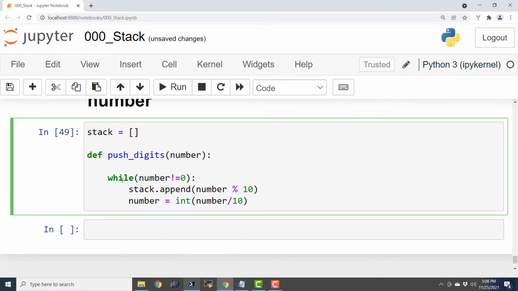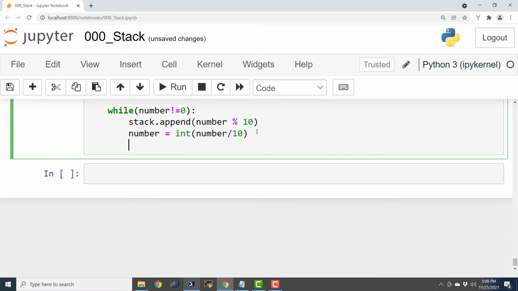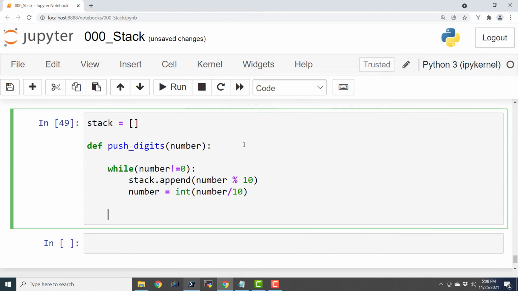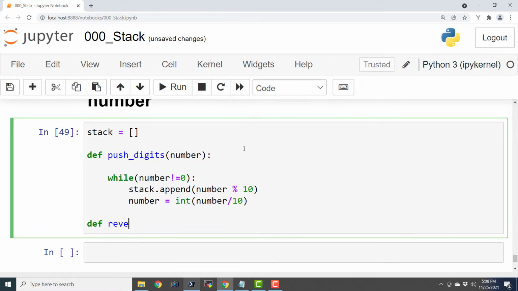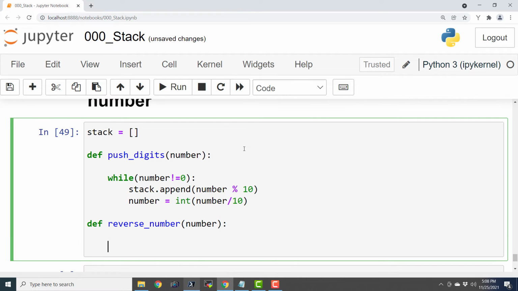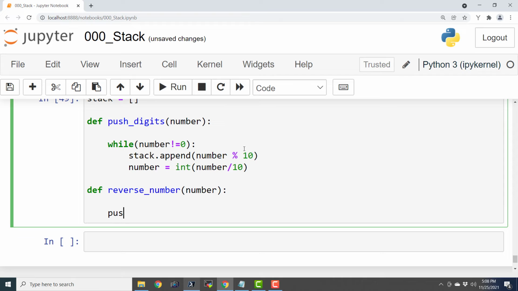Now let us see how we can reverse a number. So def reverse_number. Let us say push_digits(number).